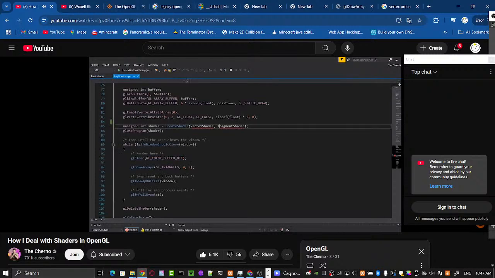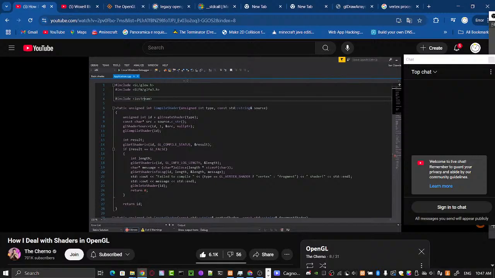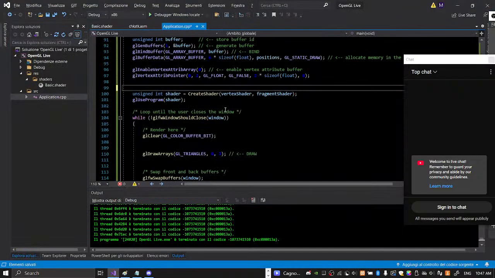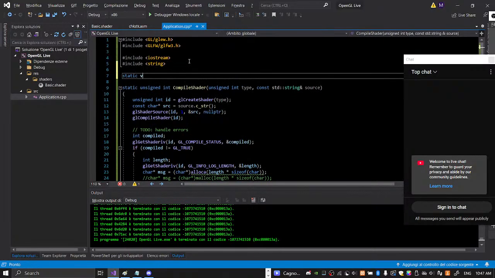Let's go back to application and do that. I'm going to scroll up here to the very top. We'll just write this function at the top, why not? Static, we'll make it void for now. And we'll call this parse shader. And then I'm going